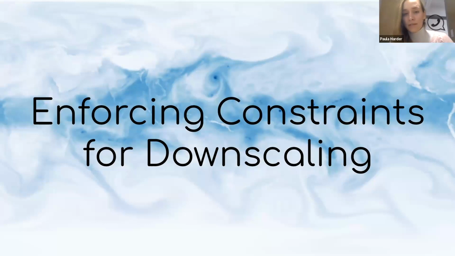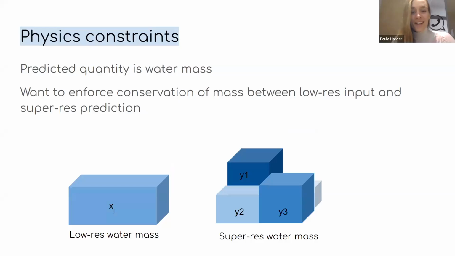And the way we do that is, yeah, there are several things to look at. So let's look at this tiny example. We look at atmospheric water mass, for example, and we just look at increasing the resolution by a factor of 2. It doesn't matter; it can be any factor, but here, for simplicity, let's consider that. So we just focus on one input pixel. Of course, we have multiple.